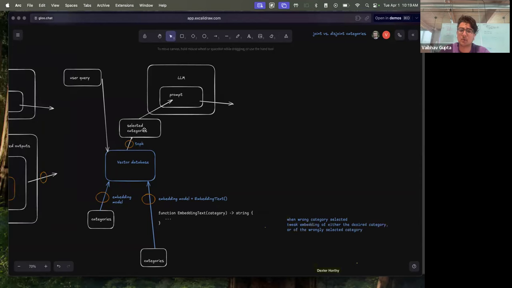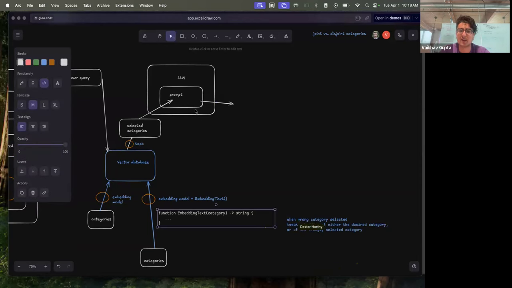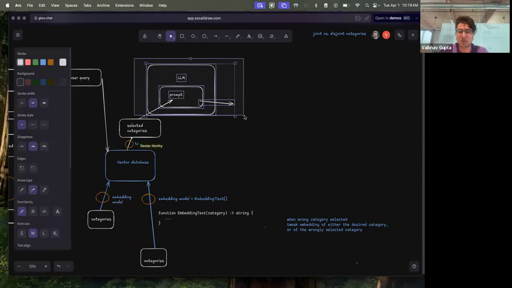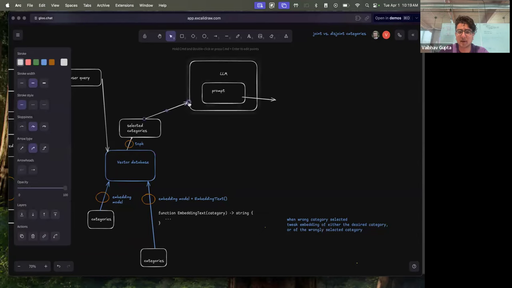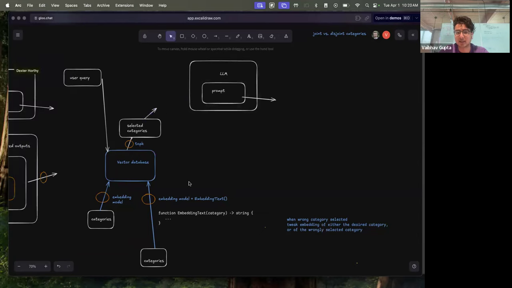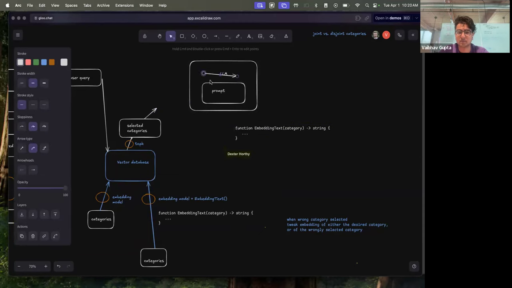Once again, people often make the assumption that the embedding text that you put into here has to be the same embedding text that you put into your prompt. That's what they naively do. But the minute that you stop doing that, you end up in a really nice world where you no longer have to think about it that way. The selected categories can go through another function,